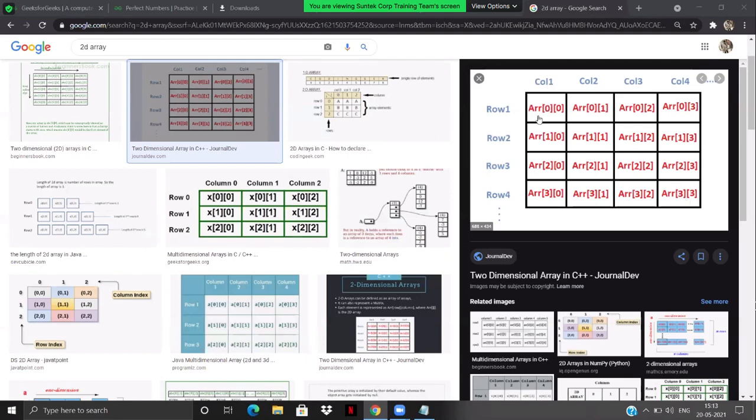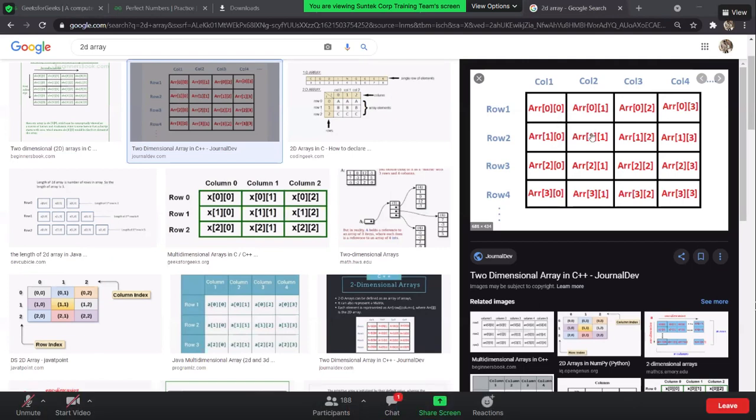So if I just consider these two rows and these two columns, in how many ways can I reach from here to here? Can anyone tell me? Just consider the very first two columns and the very first row. So basically, wherever my cursor is moving, I only need to consider this matrix. Two, correct. So I have two ways.